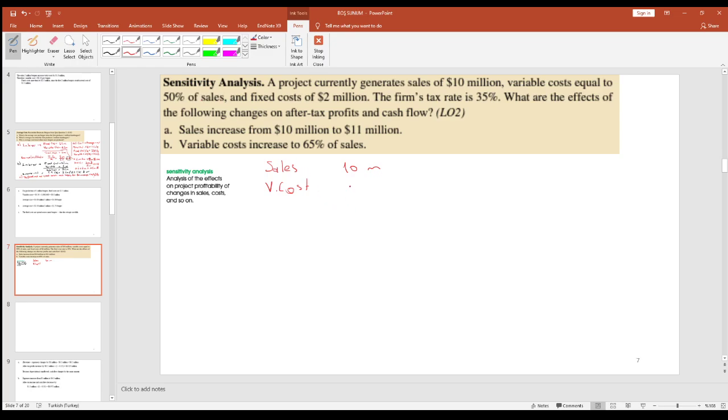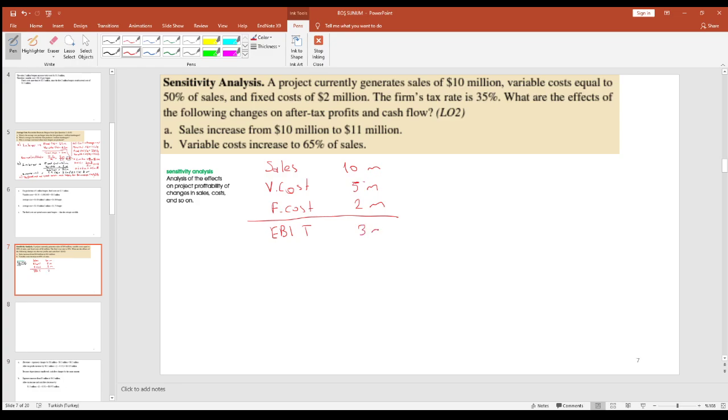That's the base case, by the way. This is 5 million. Fixed cost is 2 million. There is no depreciation or any other expense, so this equals to earning before interest and tax, which is 3 million,